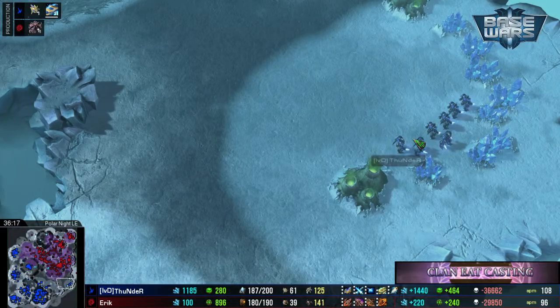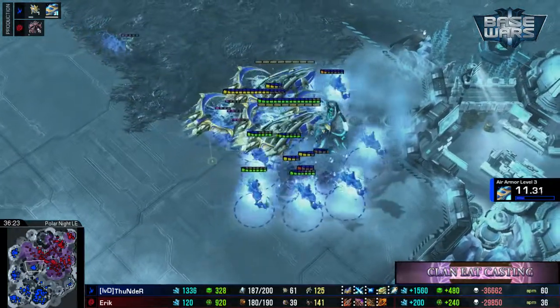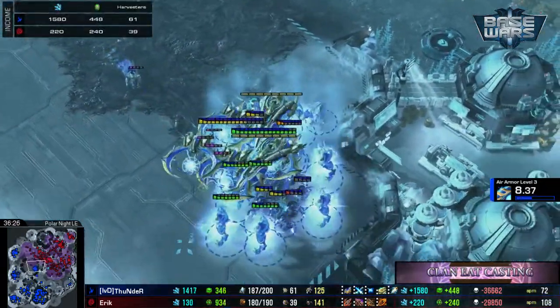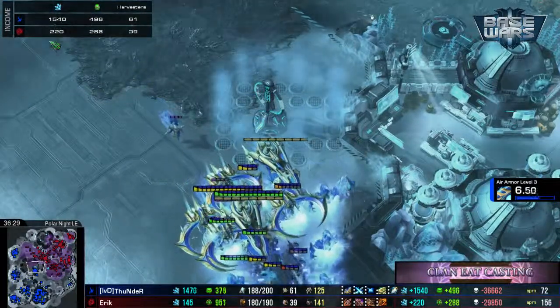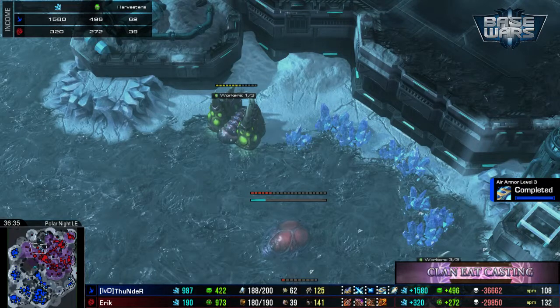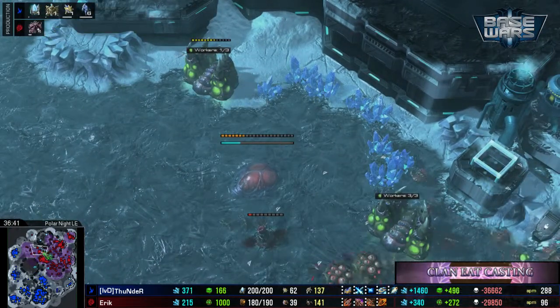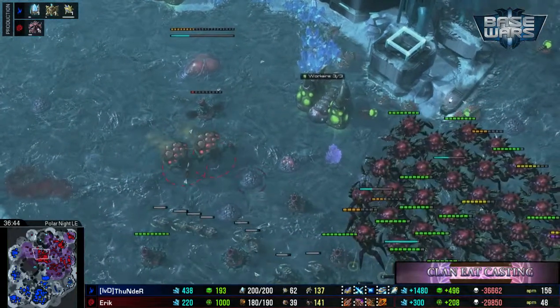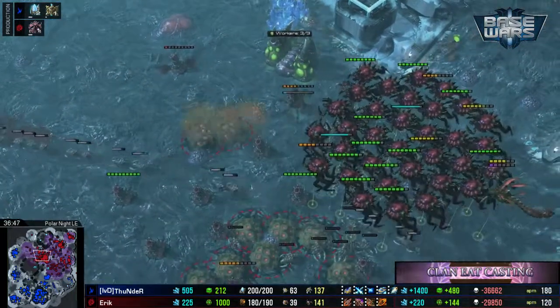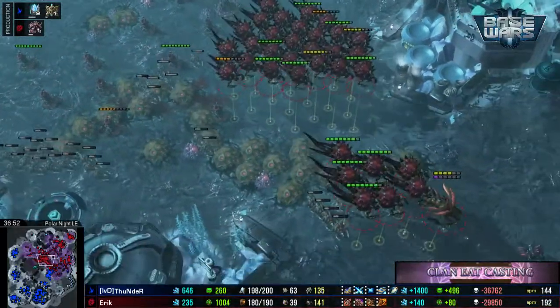It's all going to come down to, will you have enough swarm hosts to hold the ground beneath those corruptors, and what will you transition to after the corruptors do their job, because that's a lot of free supply just floating around in the air there. So space being retaken now by Erik, again with the choice not to commit. Thunder basically has no option except to try to clear out some of the creep down here in the middle